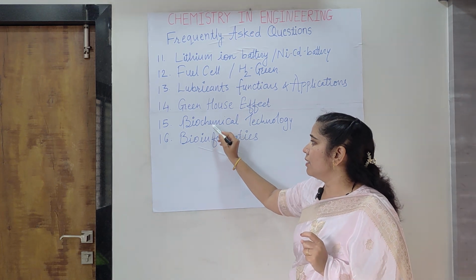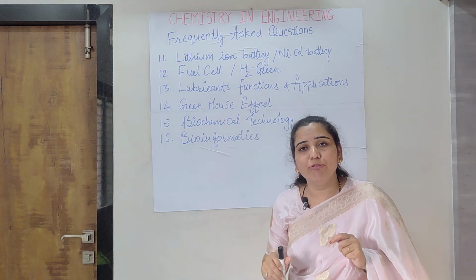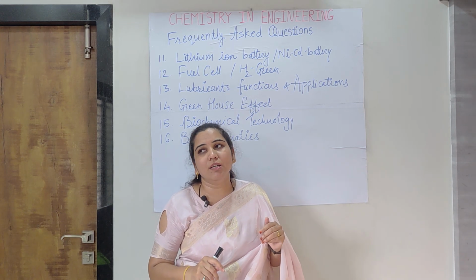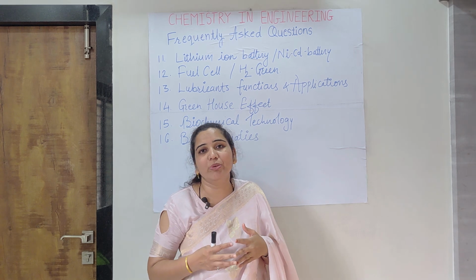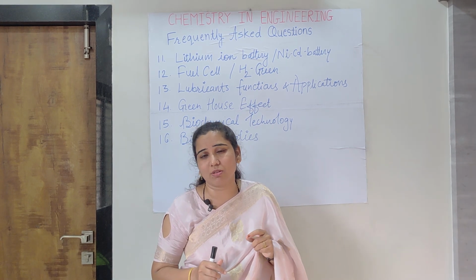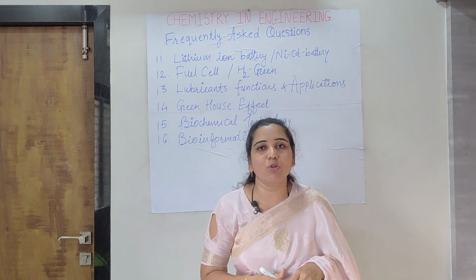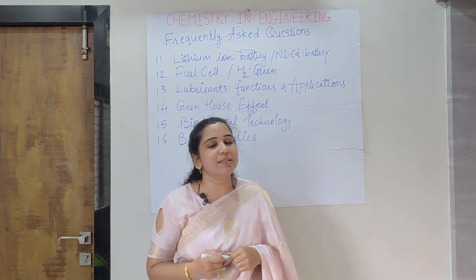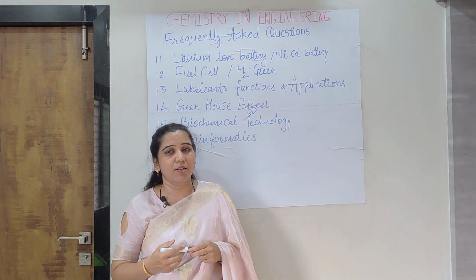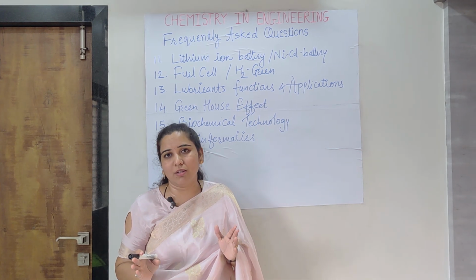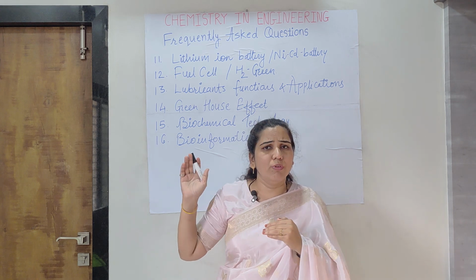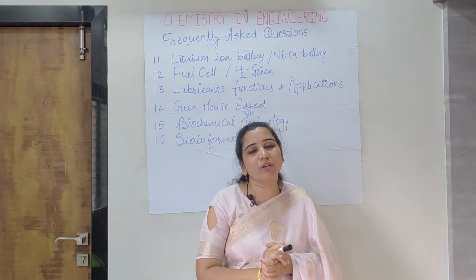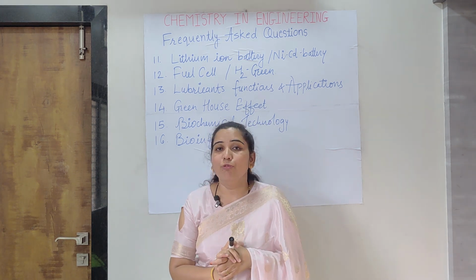And last is biochemical technology and bioinformatics. These both points are very important as they are newly added. In this, the structures of DNA and RNA and the functions of DNA and RNA are asked in 2-mark small bits. So in this way, guys, these are the important points which are frequently asked. If you study these particular points, which are very precisely given here, with proper answers, then it will not be difficult for you to get full marks and